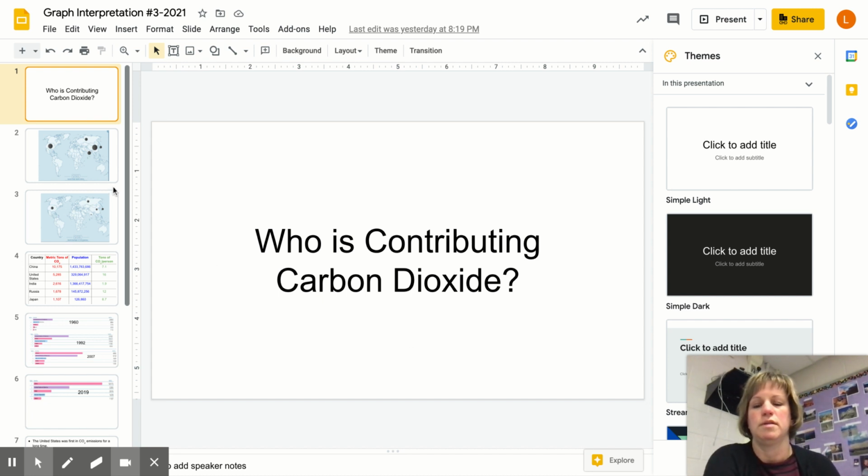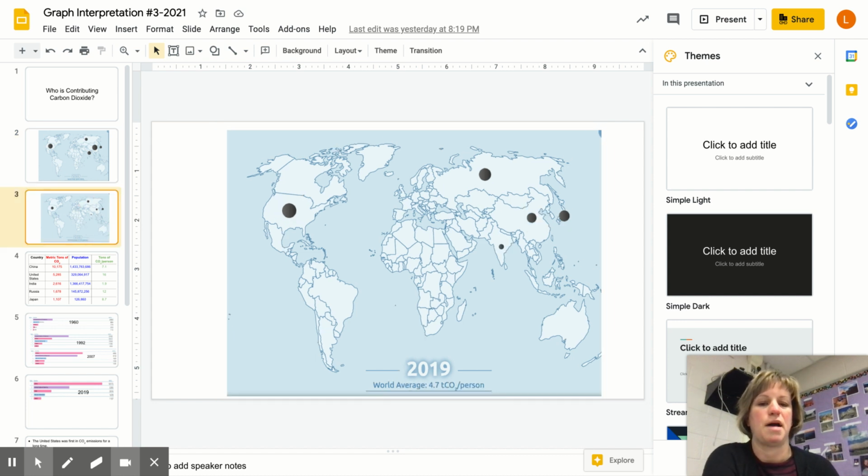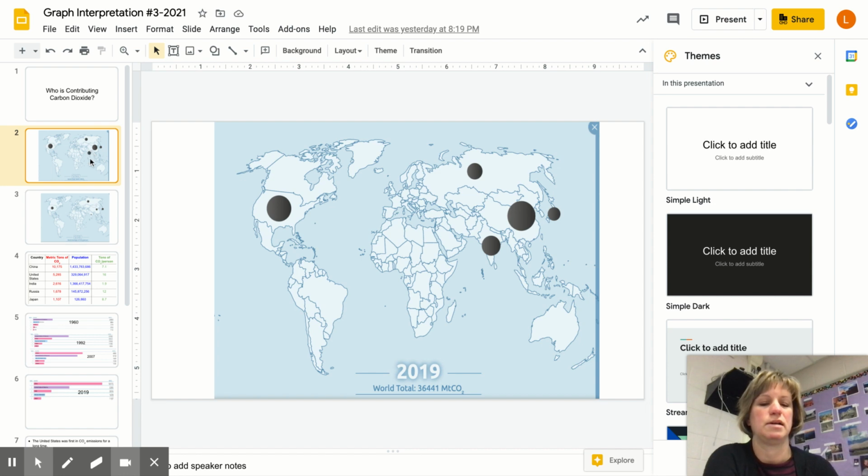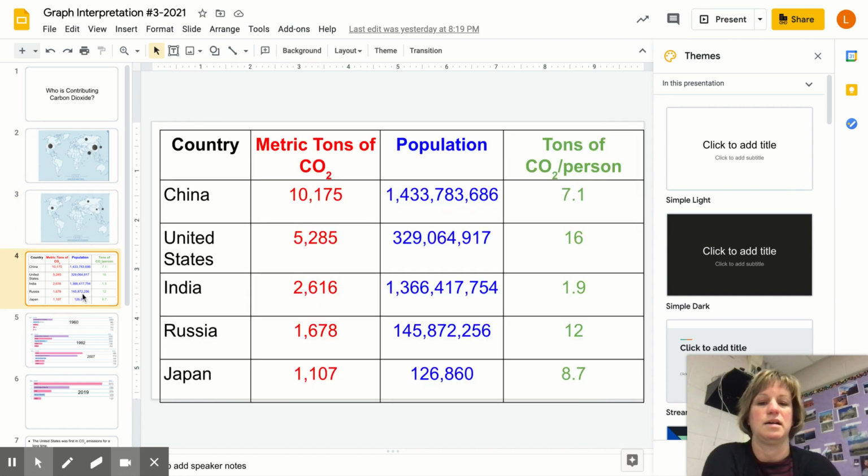And so when you were on the map view and you hit the top 5 contributors of carbon dioxide, you saw this pop up, okay? But then when you switch to amount of carbon dioxide per person, the map looked a little different. Okay, and so you were really comparing the size of the circles, but I asked you to gather the exact data. So take a moment to check your work on the first chart. So these are in order